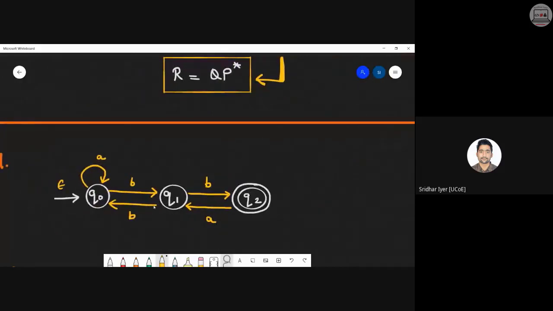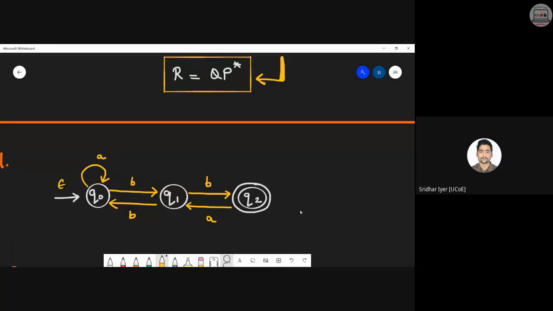Now we have these three states Q0, Q1, and Q2. Now have a look at Q0. What are the incoming transitions to Q0 and from which states are they coming? How many incoming transitions does Q0 have, and from which states? I'm talking about incoming, not outgoing. Two, correct. There are two because there is a self loop from Q0 itself and there is one more transition from Q1.